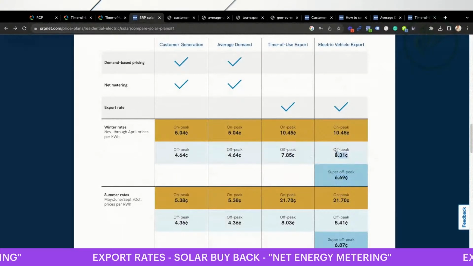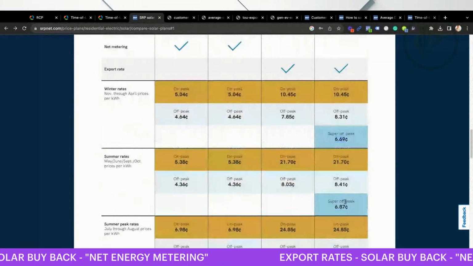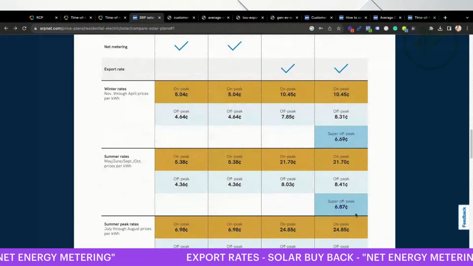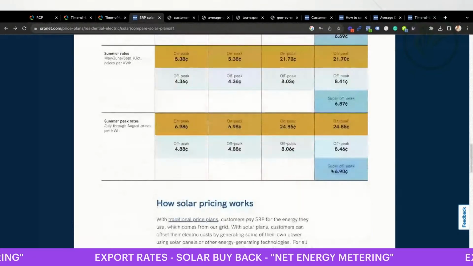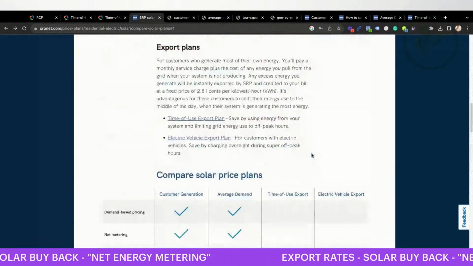The off peak is still a little more expensive in case you accidentally slide into it. Smart, I guess. But you can see that that super off peak exists for a reason. So it's like, hey, if you're going to charge your car, do it at the super off peak time, which in this case